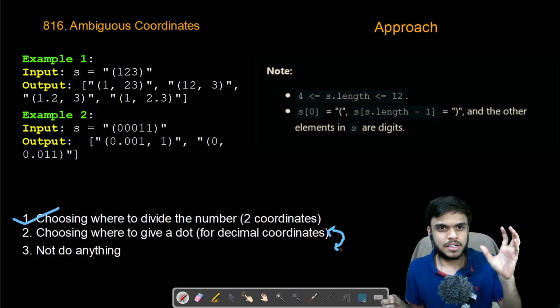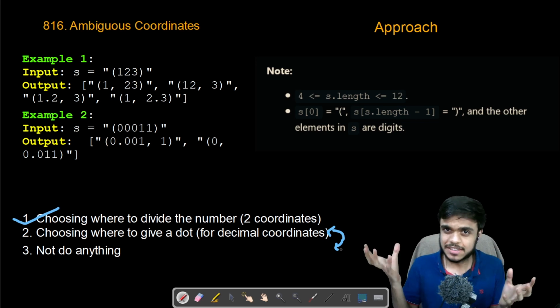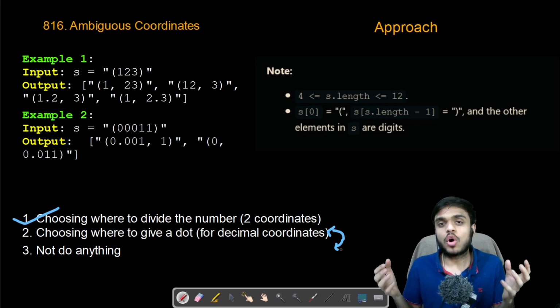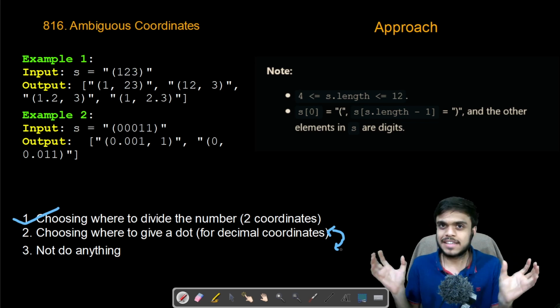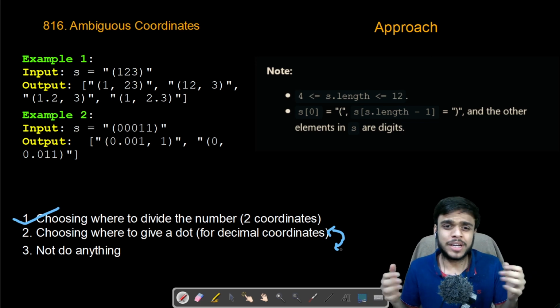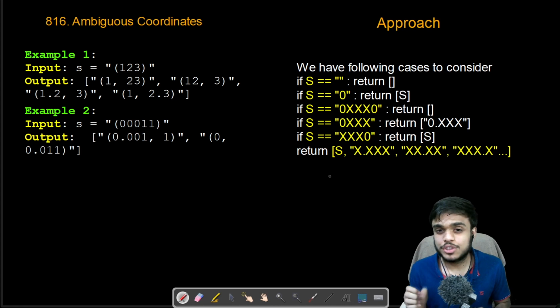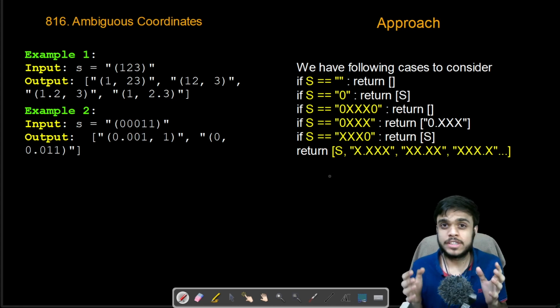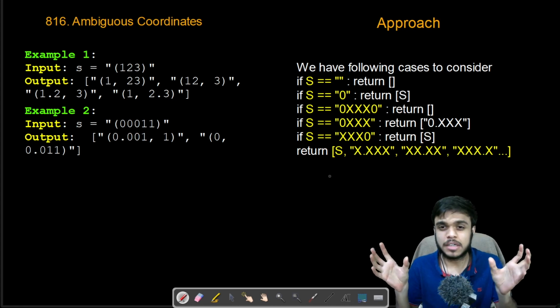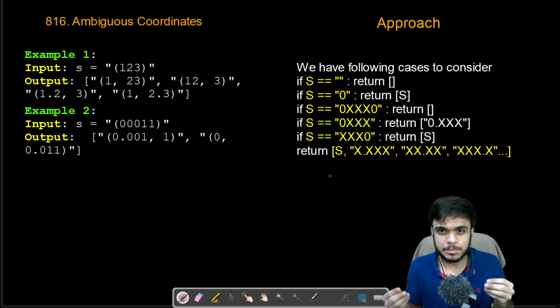So we'll use a helper function and give it the first part of the substring and the second part of the substring, and get all the possible coordinates of x and y, right? After that we'll cross multiply them to get all possible coordinates or tuples that we can get. The helper function basically takes the first and the second part, that is the two coordinates, and returns all possible values, putting in the decimal or not. Okay, so in this helper function we need to handle a lot of corner cases.